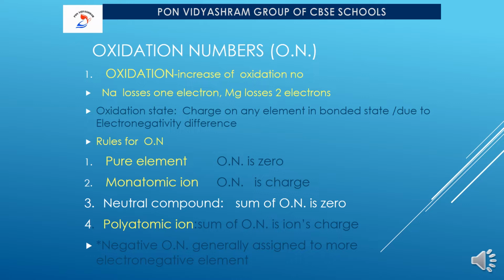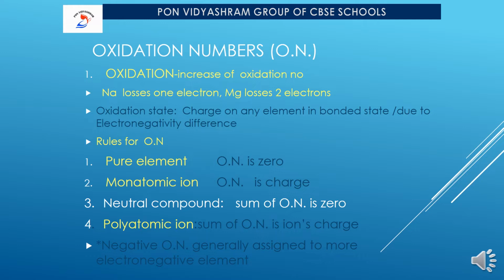For example, group 1 elements: lithium, sodium, potassium, rubidium, cesium. We will not talk about hydrogen here. Oxidation number will be +1. Based on the electronic configuration, as these elements donate 1 electron to attain the stable electronic configuration, the oxidation number for this group will be +1. In group 2, the oxidation number will be +2. Beryllium, magnesium, calcium, strontium, barium, after donating 2 electrons, attain the stable electronic configuration. So, the oxidation number will be +2.